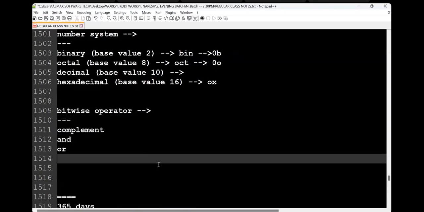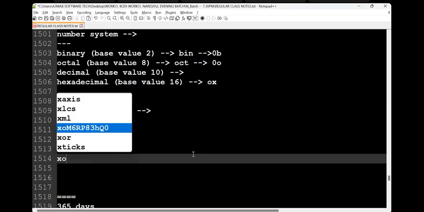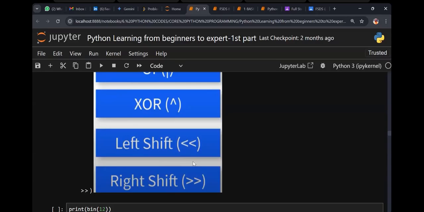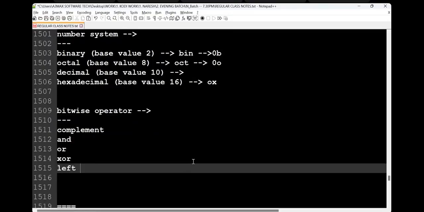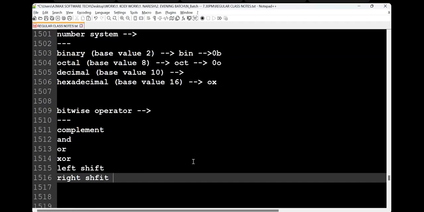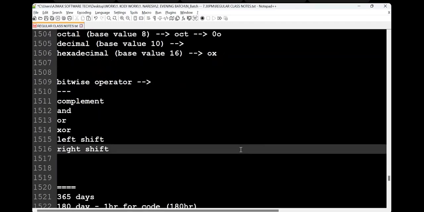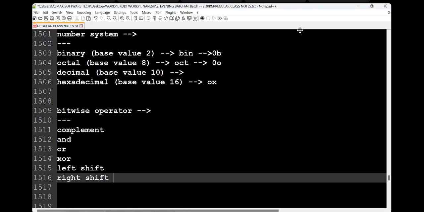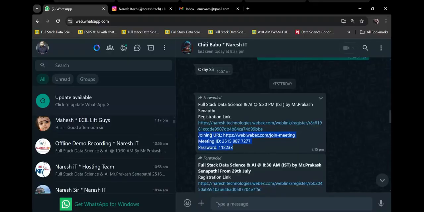Next, OR operators. Next, XOR operators. Then left shift and right shift. If you okay, I will complete the basic Python code. No, it will be too overloaded. Now, just go ahead. Try this and understand.